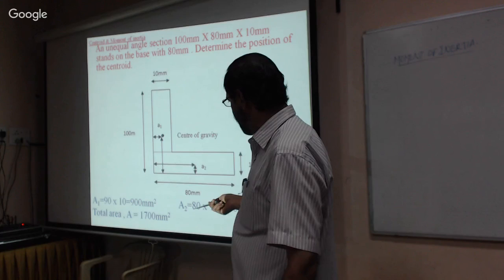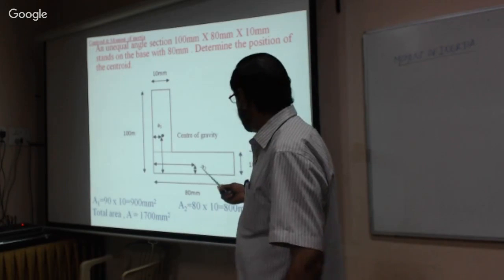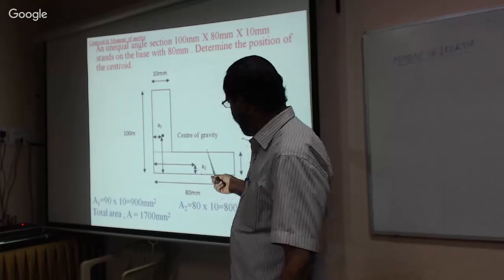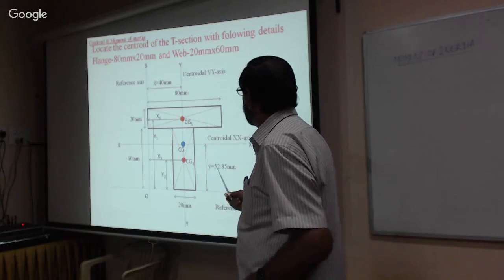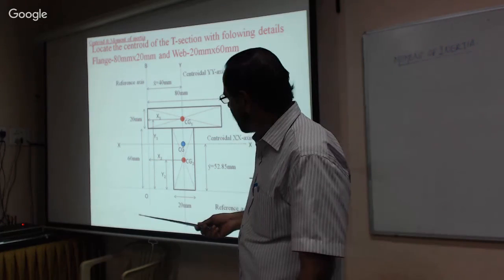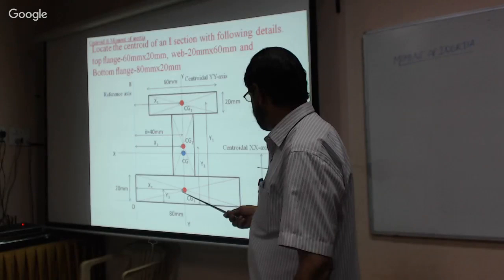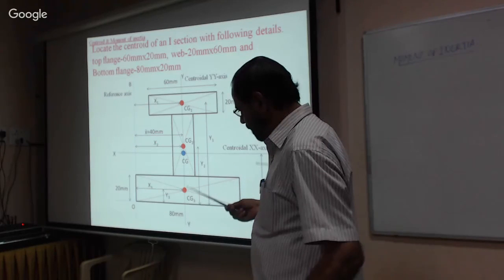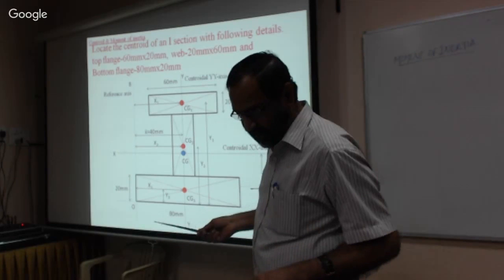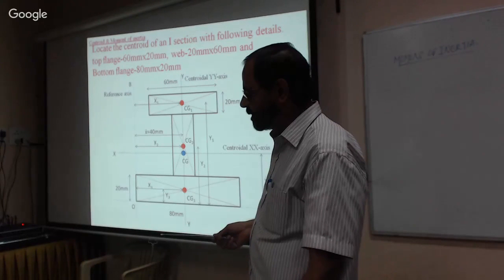Now, in the last class we have explained and discussed much more about this. How to calculate the centroid for the angle section, and also for the T section. Locating the centroid, we have calculated. Also, we have calculated the centroid for the same section. And also, we have discussed how to calculate the centroid of an I section. These sections are being used regularly in our engineering practices. And